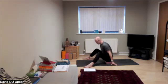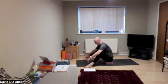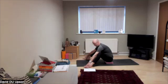Going to be on the front edge of the sitting bones. So you might need to lift up a little bit to rock over if you've got particularly square sitting bones. And I'm going to take the hands, arms are on the inside, taking the hands just on top of the